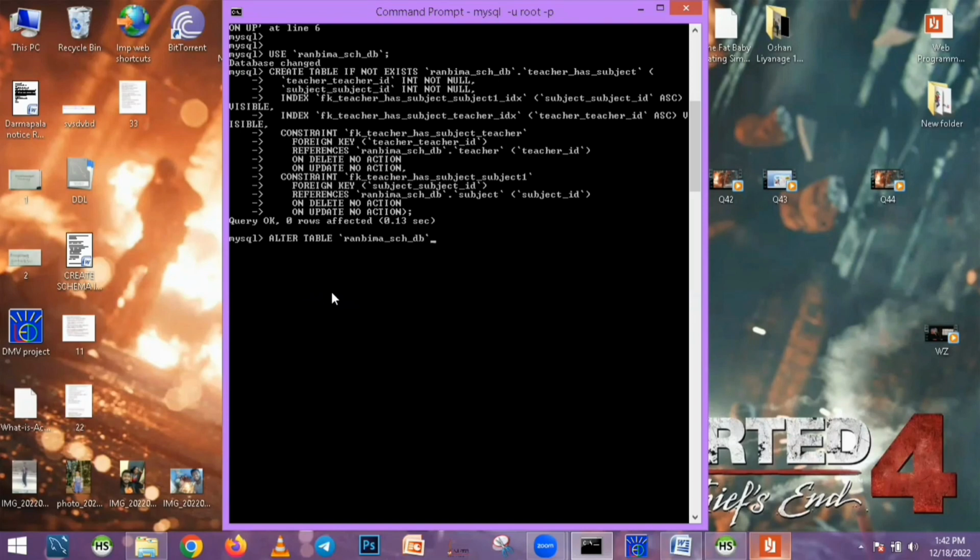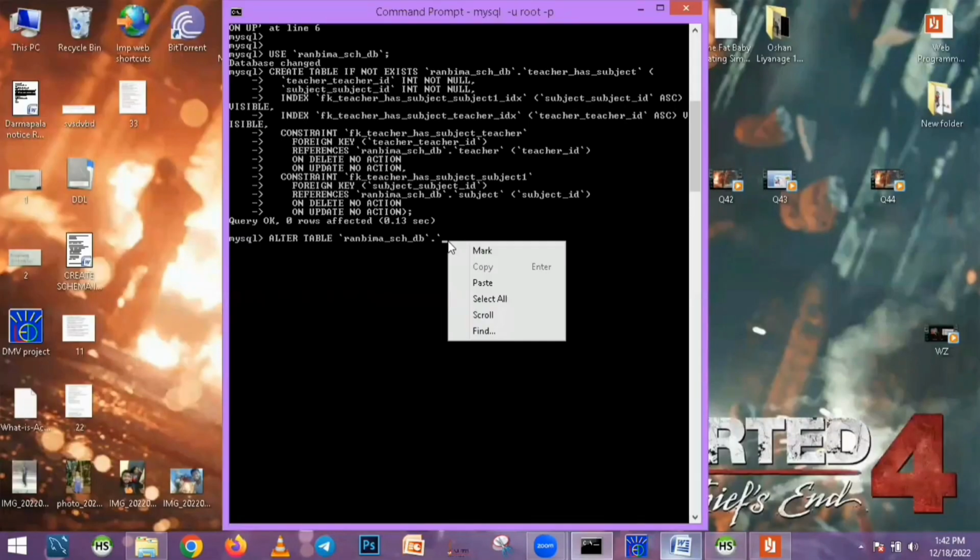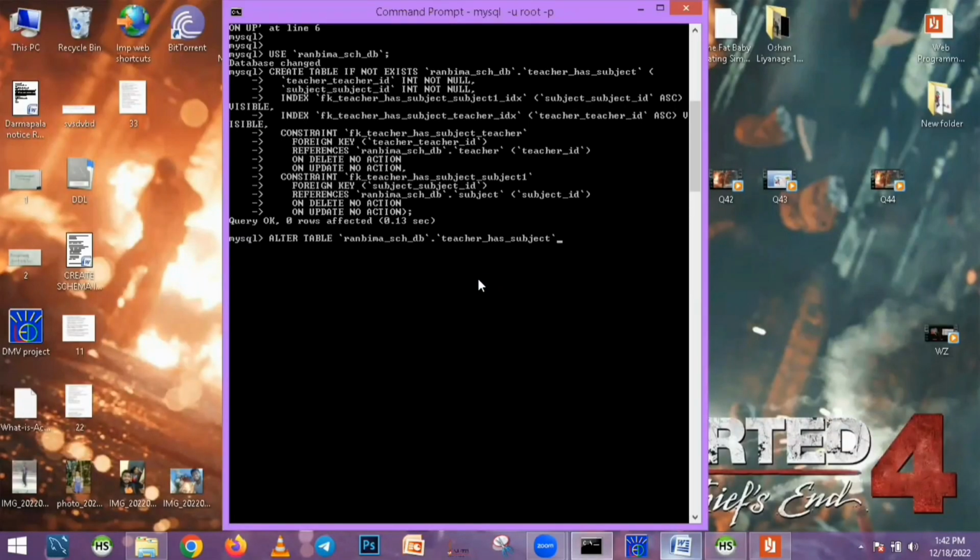When you are too lazy to type, this DDL is really a big matter for you. So put this dot, and I need to alter whatever we got, teacher has subject. I copy that and paste it there,